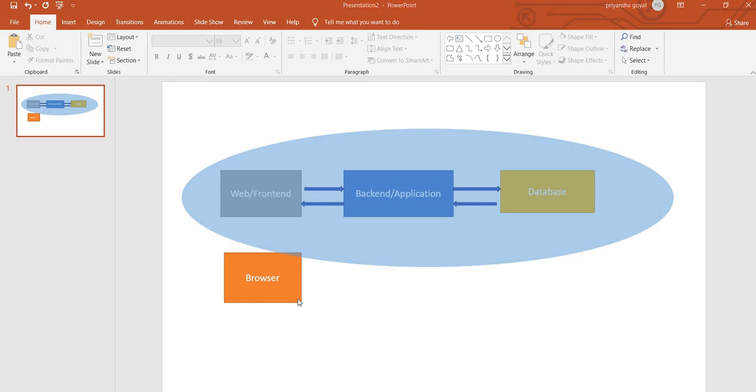In the front end, we use various languages like HTML and JavaScript. We covered HTML, and JavaScript basics will be covered at a later stage. In the same way, in the backend there are various languages which we can use, like Java, Python, and .NET. Let us look at one of these languages, that is Python. It is easy to learn. That is why we are choosing Python.